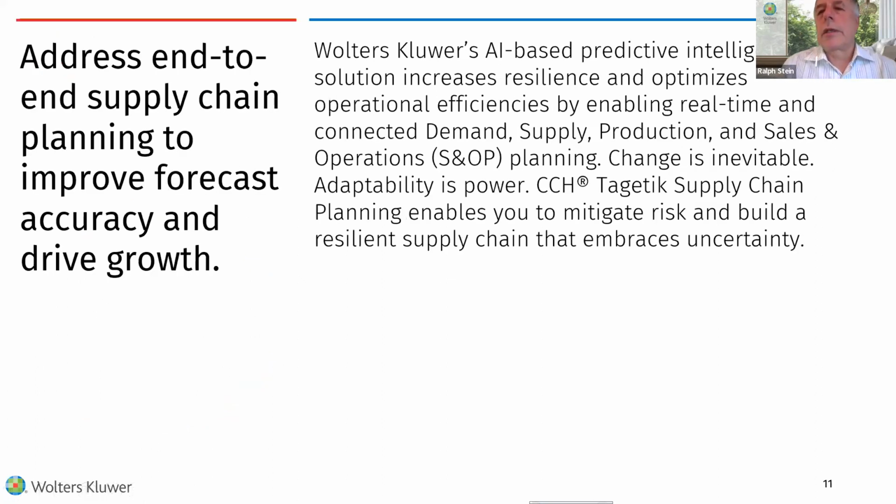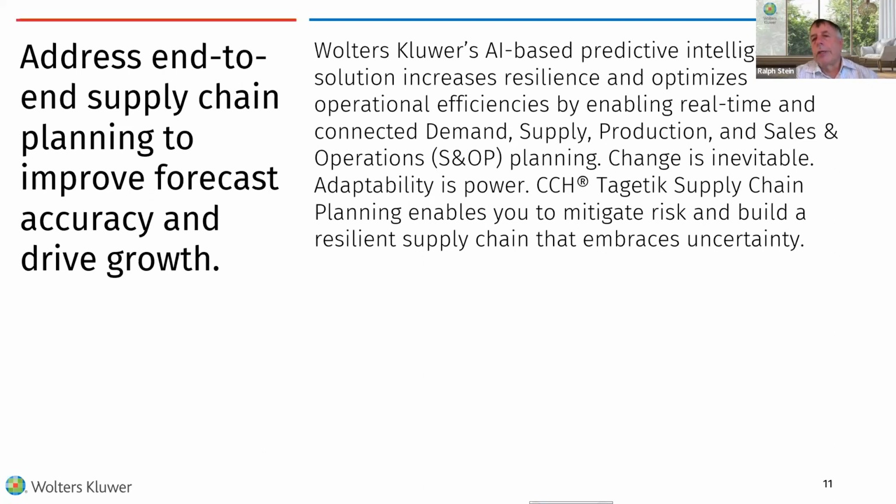So basically, we at Wolters Kluwer have AI-based technology where we can take data from a number of years. Some people say we only need a couple of years of history. We prefer to have as much history as possible, because the more history you have, the better it is to work on what the true cycle is, whether it is seasonal or promotion driven, or which one it is.